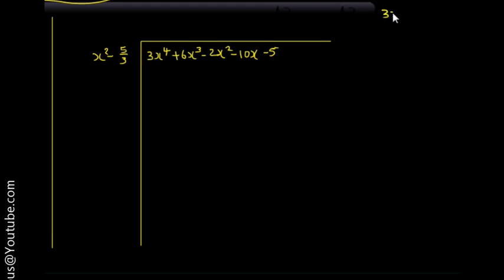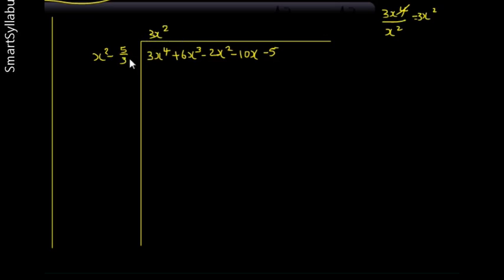Okay, 3x raised to 4, divide this one by x square. From x raised to 4, if x square is gone, just x square is remaining, and this 3 means it is 3x square. Now multiply this 3x square with both these terms and write the answer here. Here nothing is there, in the sense it's 1, so 1 into 3 it's 3, x square into x square, it's x raised to 4.